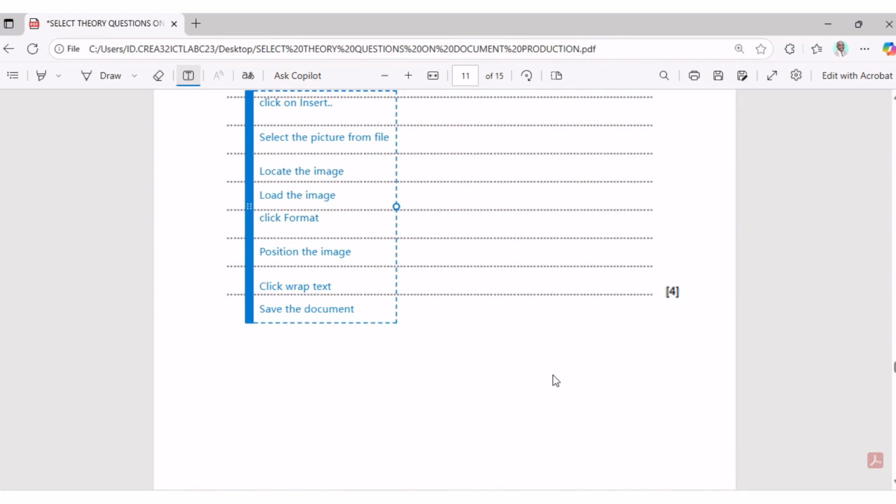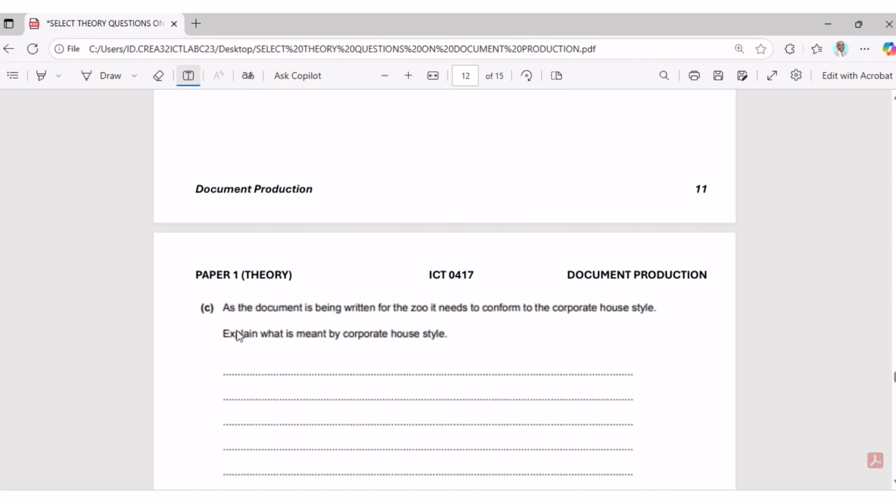So after that, the next thing is question C. As the document is being written for the zoo, it needs to conform to corporate house style. So the question is, explain what is meant by corporate house style. So to explain what corporate house style is, you can say that corporate house style refers to